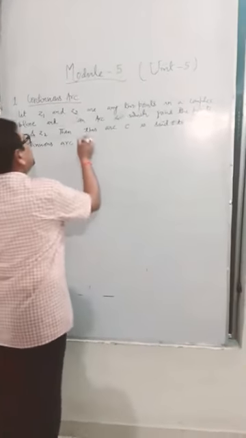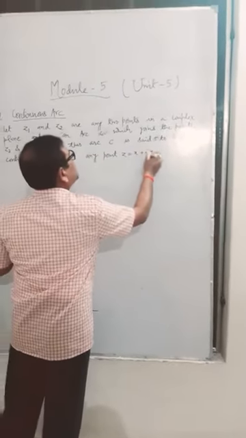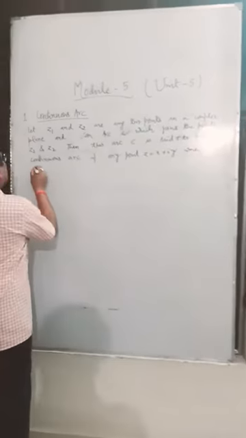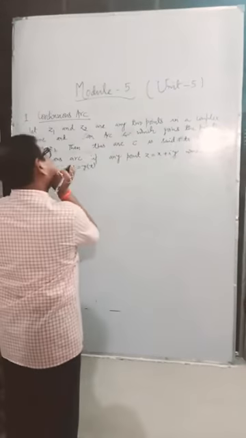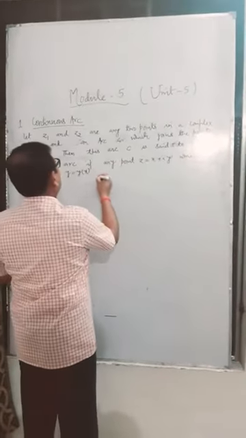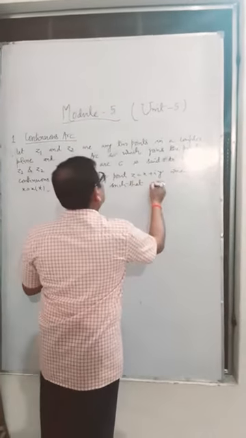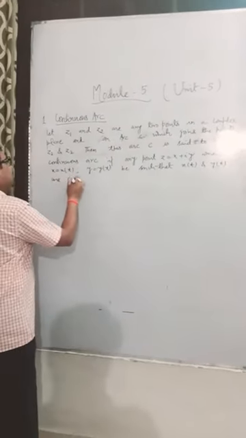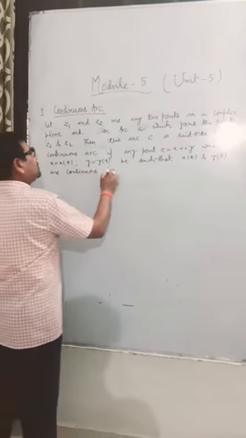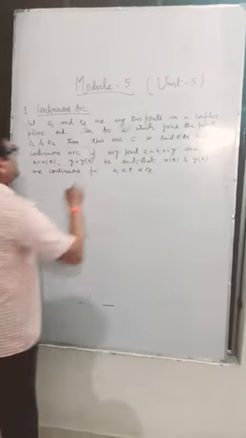if any point z equals x plus iy, where x is a function of t, y is a function of t, be such that x(t) and y(t) are continuous for t greater than or equal to z1, less than or equal to z2. So, in this way, we can define a continuous arc.